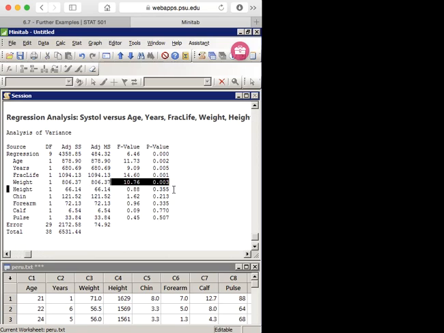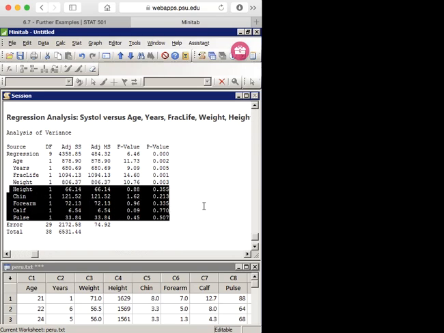What these tell us is, for example, for height, the p-value 0.355 indicates that we could think about dropping height from the model as long as we keep the other 8 predictors. 0.213 for chin suggests we could think about dropping chin as long as we keep the other 8 predictors in the model. So taken together,